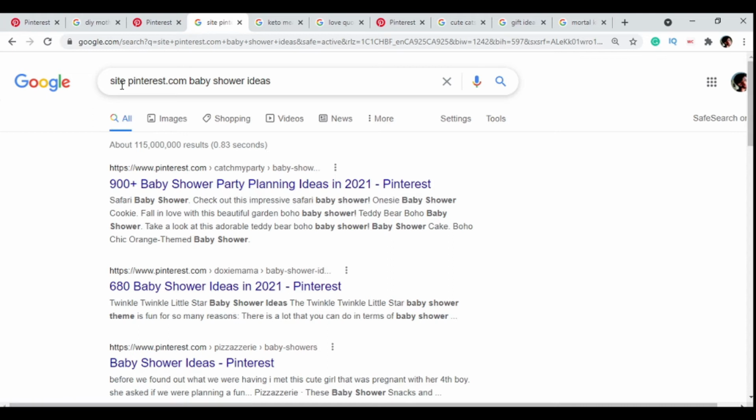Another way you can find these keyword ideas is to head over to Google and type in site, then put those colons. I'm not so sure whether they're called colons or something like that. Then you add your keyword. The keyword can be anything. Let's say you are in the numerology niche, you can add the keyword here to see which keywords the pins on Google are ranking for,